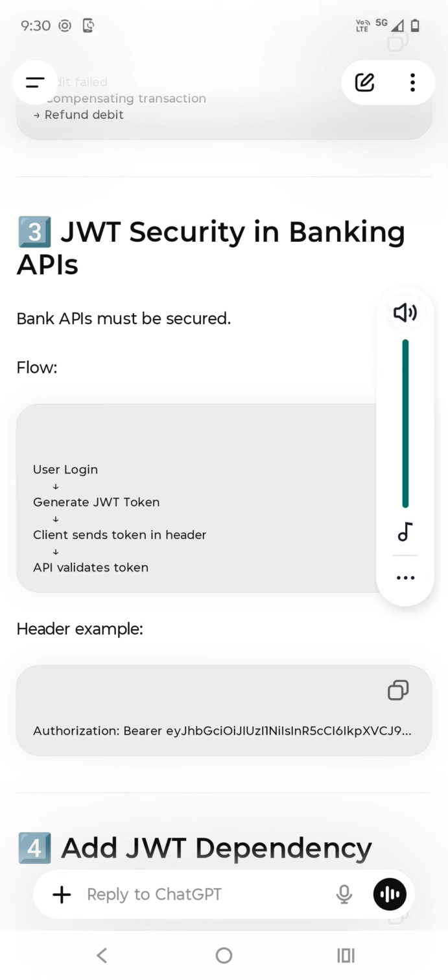Hi, today we are discussing JWT security in banking applications. We are on the banking application. We have APIs, application programming interfaces, in the back end,